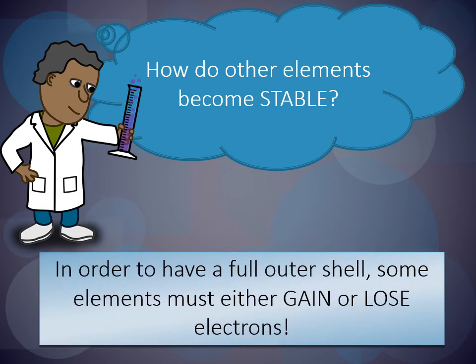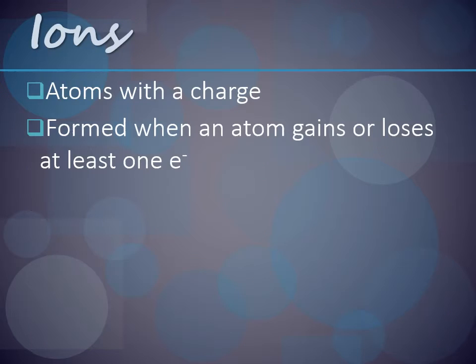How do other elements become stable? Well, in order to have a full outer shell, either you're going to have to gain or lose electrons. So an ion is an atom with a charge, and it's formed when an atom gains or loses at least one electron. If we go back to our example